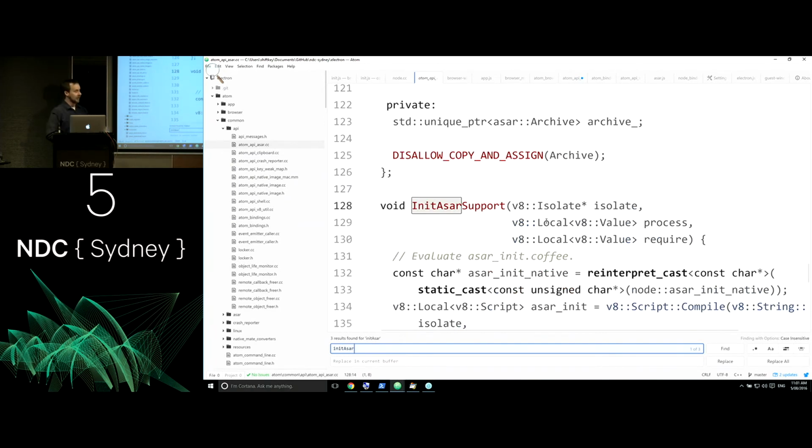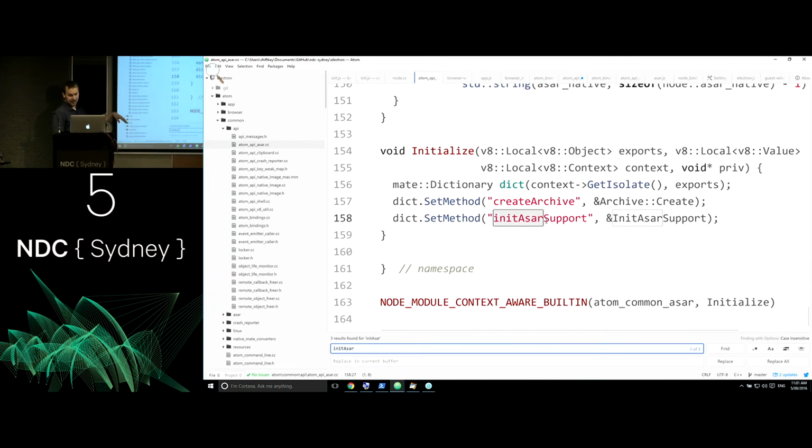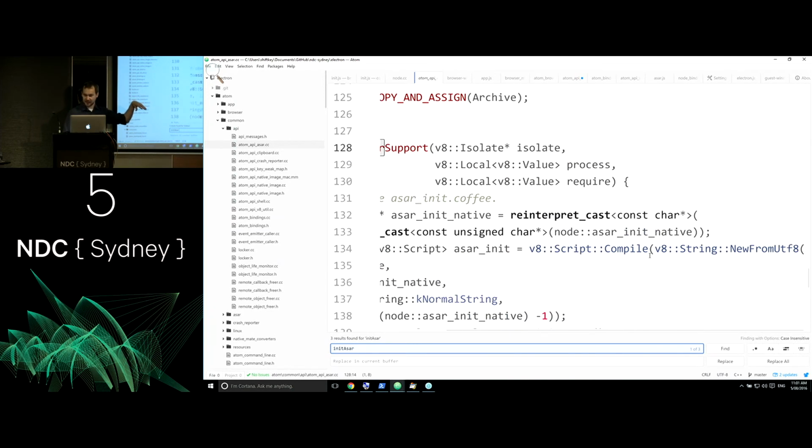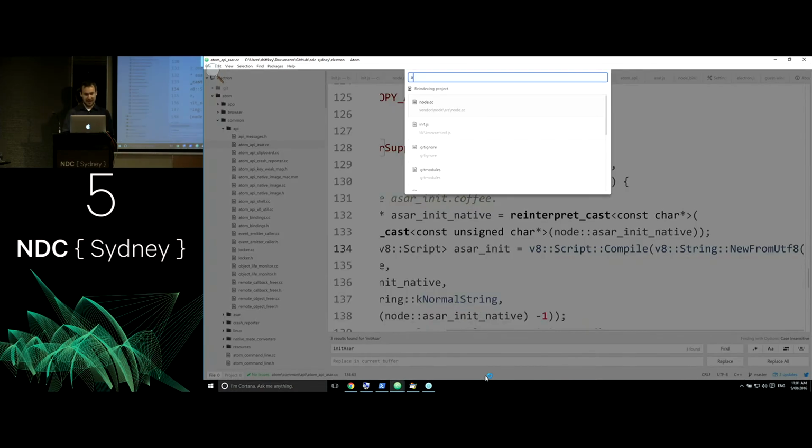Cool. So here's our method in ASAR support. There it is being defined, being registered by the module. Again, now the stuff is available at the Node runtime, which then calls all the way back up to Atom to register the stuff. It's a little bit of a crazy, hairy architecture, but all we're doing in here is just passing it a script and getting V8 to compile some stuff. It's totally fine. The script is related to ASAR